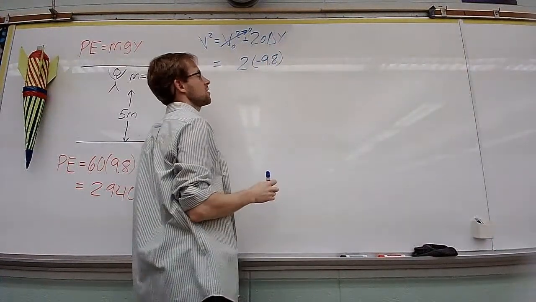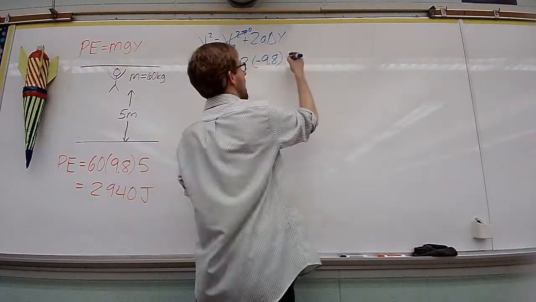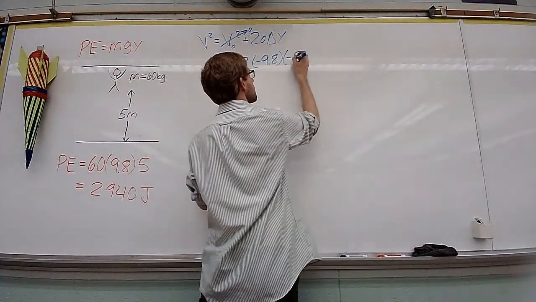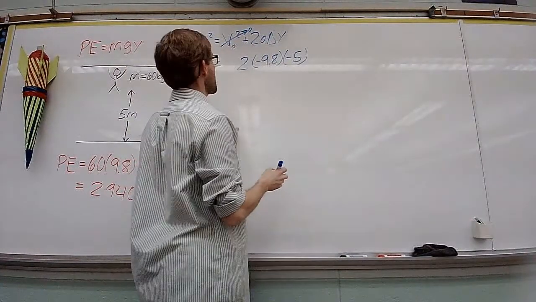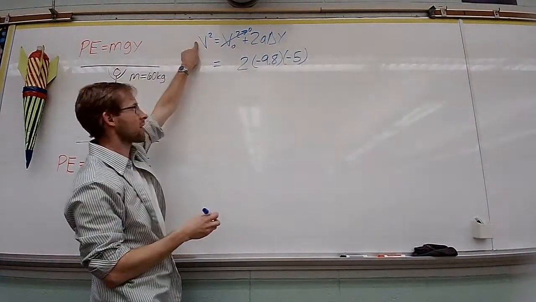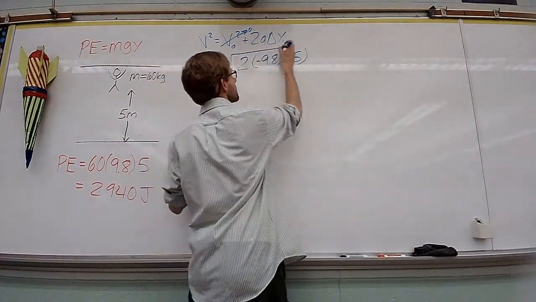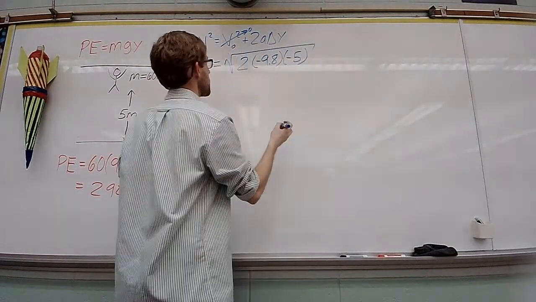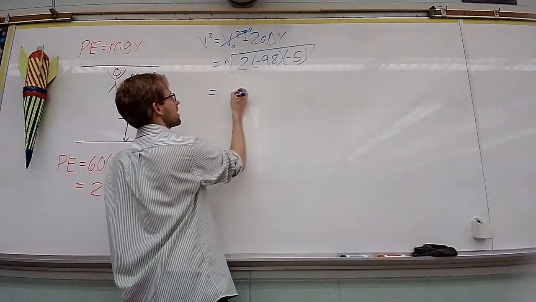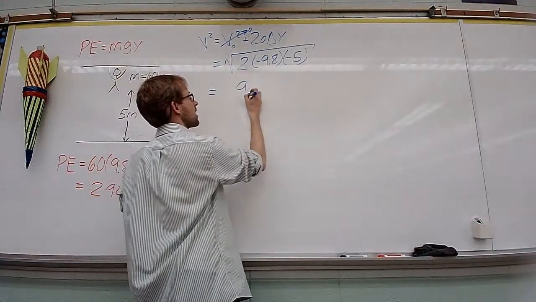And then the change in height is negative 5 because he's going down 5 meters. And because that would get us the velocity squared, I've got to take the square root so that it gives us the actual velocity. And if we put this into our calculators, we'd end up with a value of 9.9